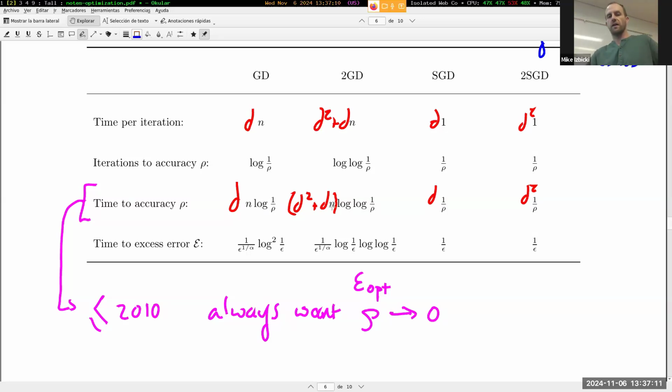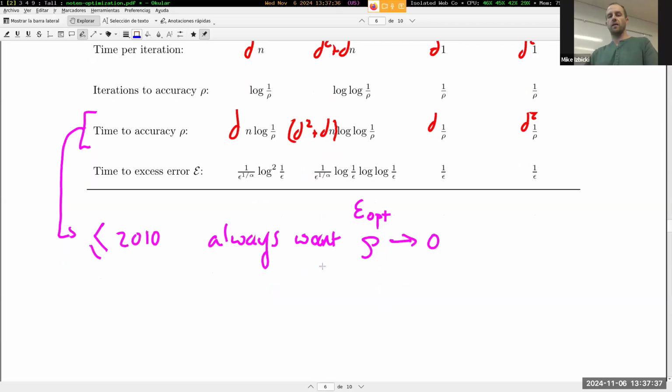Looking at this notation over here, all three of these columns right here have at least a d factor in their formula. SGD has 1 over rho by itself, no log factors. That's significantly worse than log of 1 over rho. So up to 2010, people were always saying we should make our optimization error go down to 0, as close as we can get to 0. And that implies that